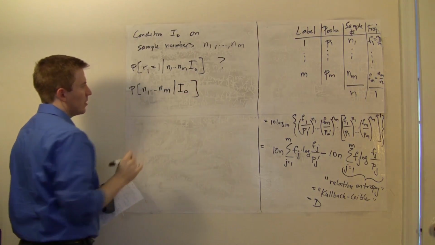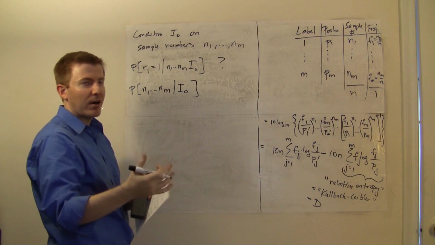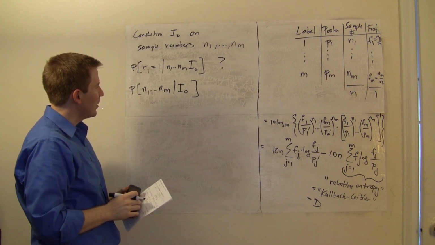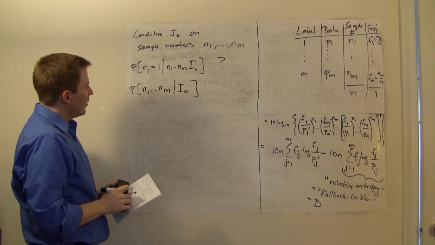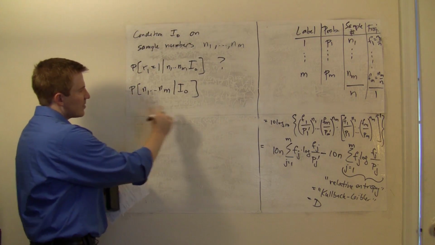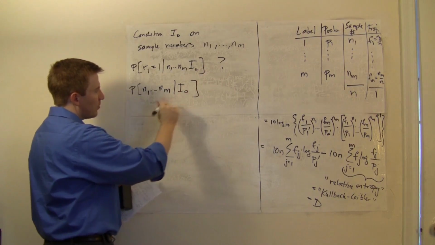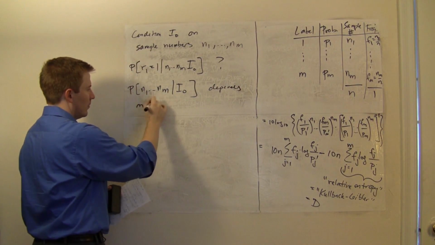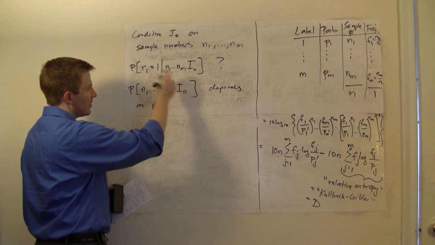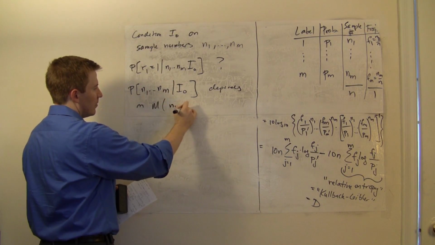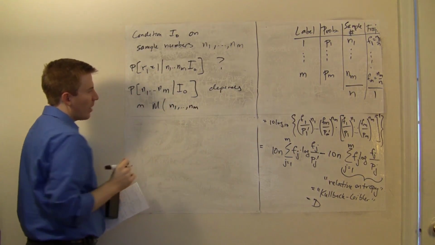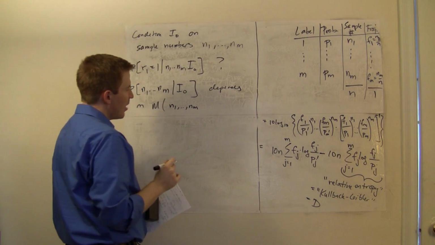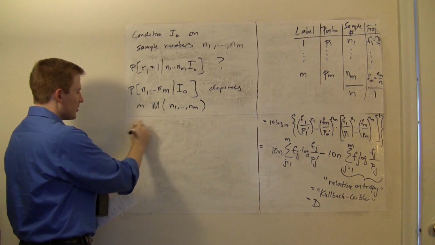That's going to be the denominator term in our conditional probability assignment. So what is that probability? Well, it's going to depend on the multiplicity, let's say the multiplicity of these, how many ways we can get these sample numbers,